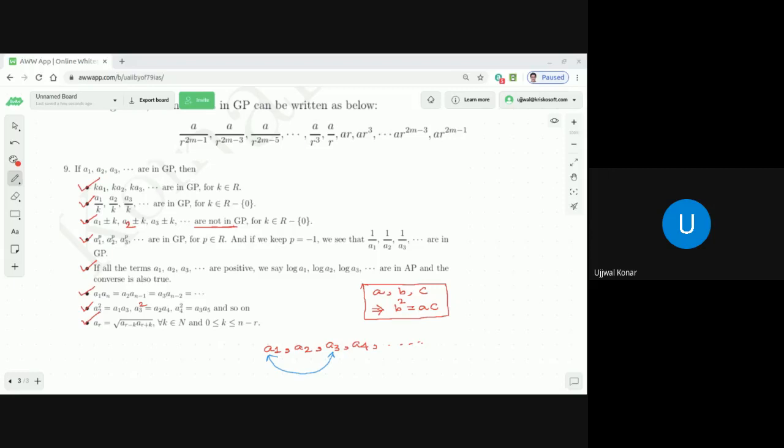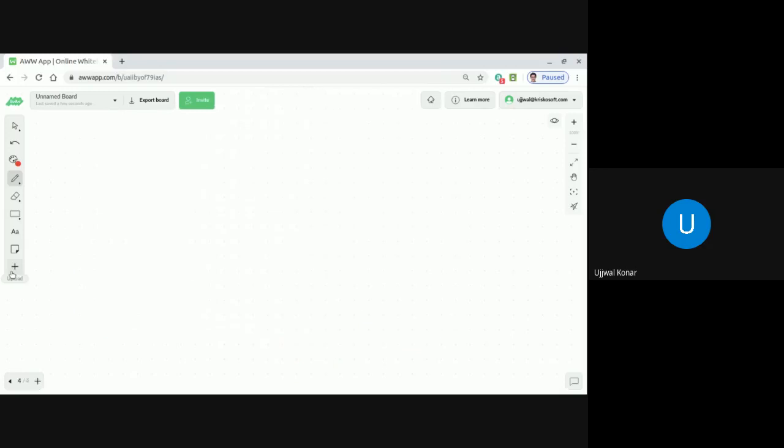Now, what we are going to do in the last topic before we conclude the geometric progression is that, if there are two geometric progressions, suppose we have two GPs. The first one is A1, A2, A3 and so on, and the second one is B1, B2, B3 and so on. Then what we are going to learn is what will be the behavior if we take the consecutive terms of these two GPs and then analyze. So what does it mean? It means something like this,